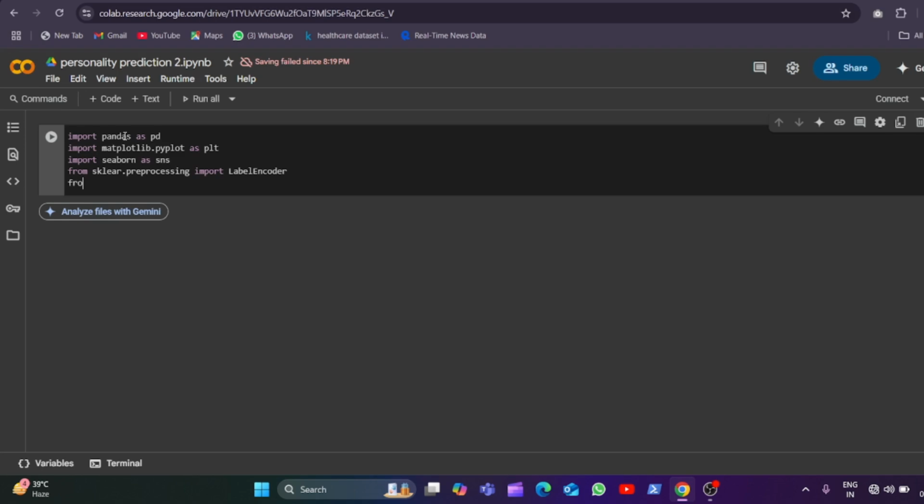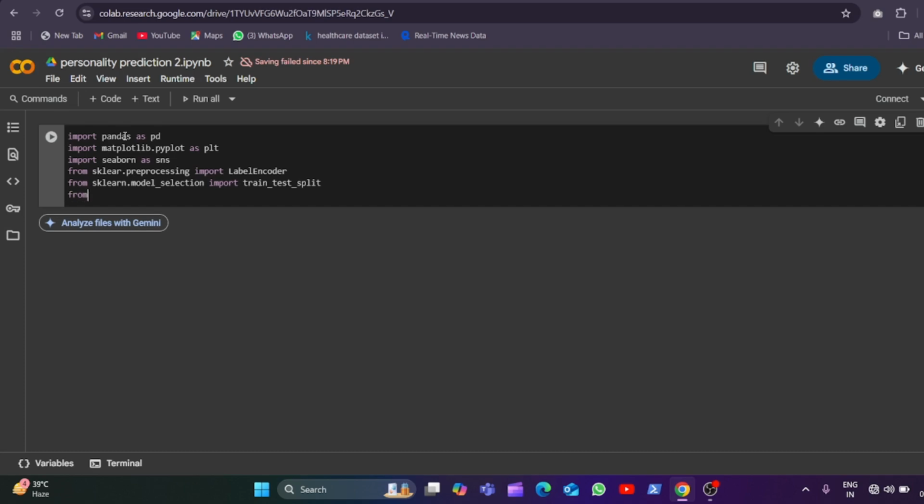And then from sklearn.model_selection, we will be importing train_test_split, so that we can split our dataset into two parts, train and test dataset, for further use in model building. And at the end we will be importing